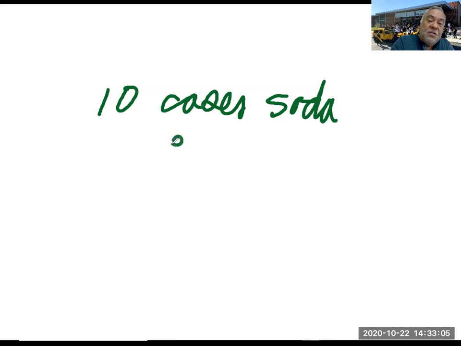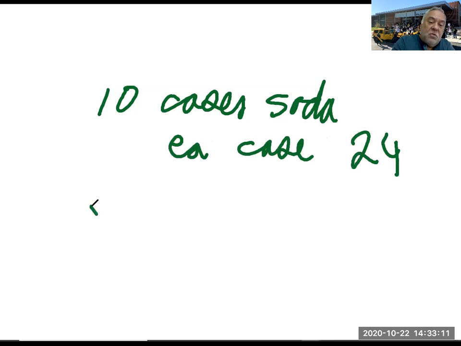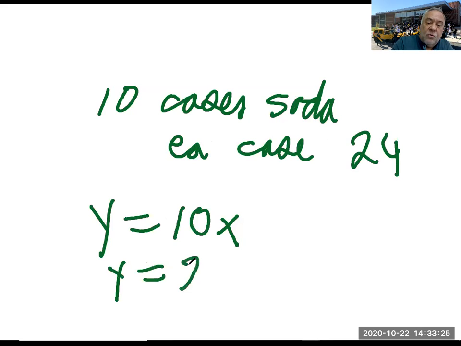If each case holds 24, you know X is 24. So y is, that's 240. Now, if you removed, say, 5 cans from one case,